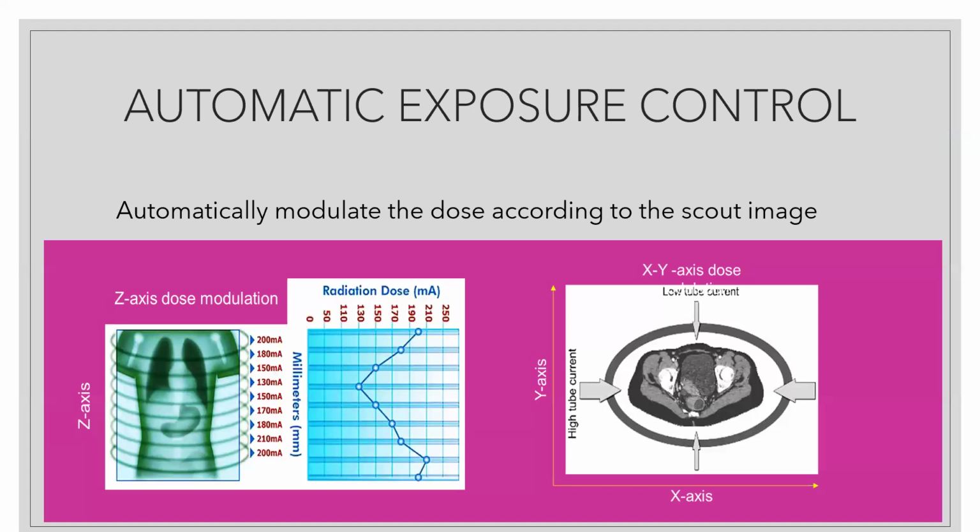And for CT, there is an automatic exposure control where it automatically modulates the dose according to the scout image, based on the thickness of the patient. It is very useful. It drastically reduces the dose according to the thickness. If it is a thin patient, it will give according to that thickness, and if it is an obese patient, the radiation will be